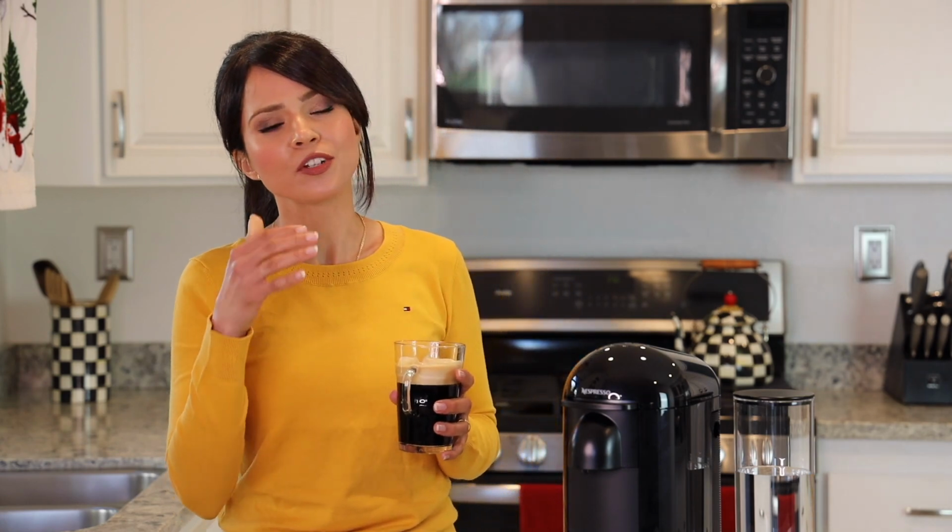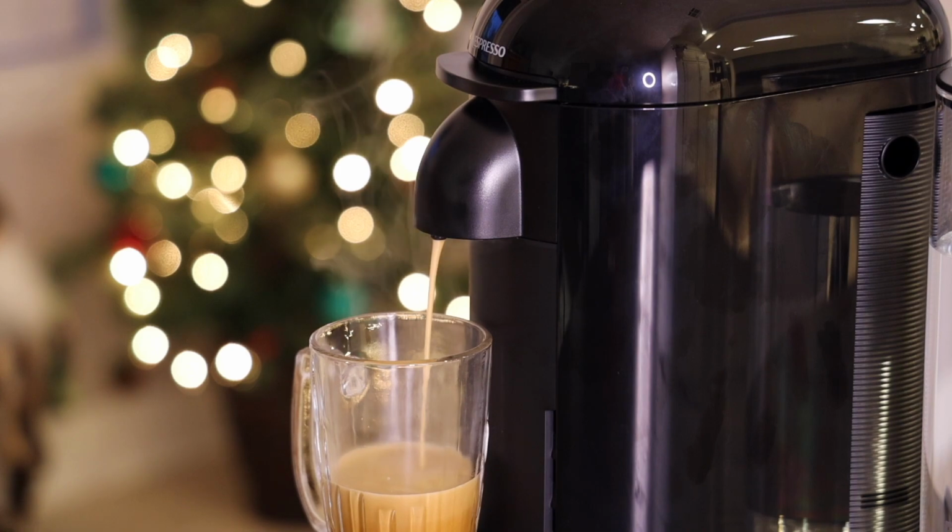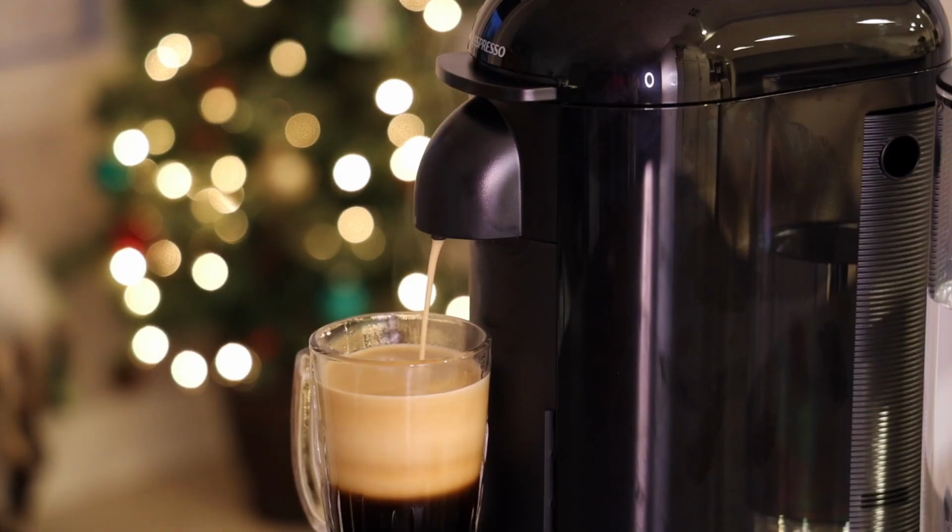Now, when I was researching this machine and my old Nespresso Vertuo machine, I came across a lot of reviews where people said they're not happy with the coffee temperature, that it is not hot enough, or it is too cool. Now, personally, I think it's probably personal preference. The coffee is hot enough for me to drink right when the machine finishes. I can take a sip. It is that hot, but it is not so hot that it burns my lips. I won't call it warm because it's not warm, but it's not so hot that it's going to burn